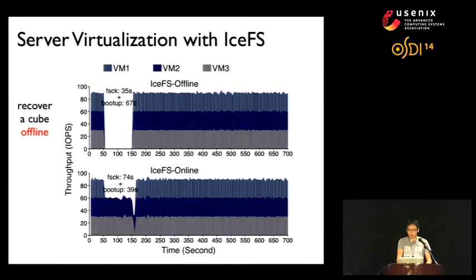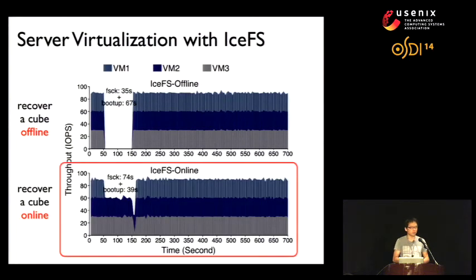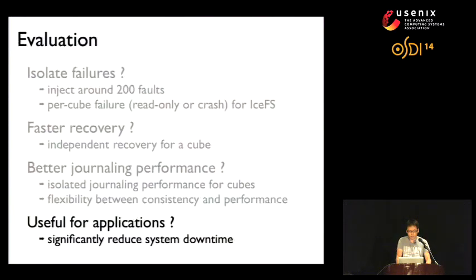We can even do better because each cube's metadata is isolated. So when we detect that cube 1 is corrupted, we can shut down cube 1 and run fsck for cube 1, while allowing cube 2 and cube 3 to keep running. In this case, VM2 and VM3 can still serve requests while we run the check for VM1. This can even improve the availability of the services. So we show that local file system isolation is also very good for high-level services.